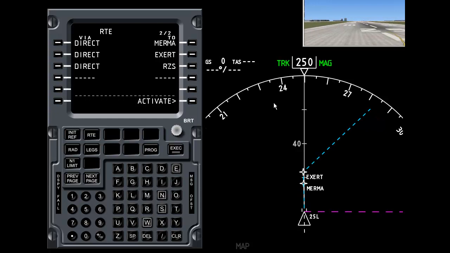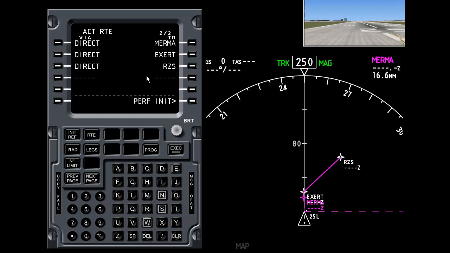So what we've got to do now is activate the flight plan. I'm not going to program it all the way up to San Francisco. I'm just going to show you how to program the CDU, and we press activate. Now notice here on the ND that the dashed line has now turned white. That means we're about to execute it. On the CDU we have the word EXEC standing for execute on this button, and a green LED underneath it. Now when I press this button, the flight plan becomes active and turns magenta. So I'm going to press that now,